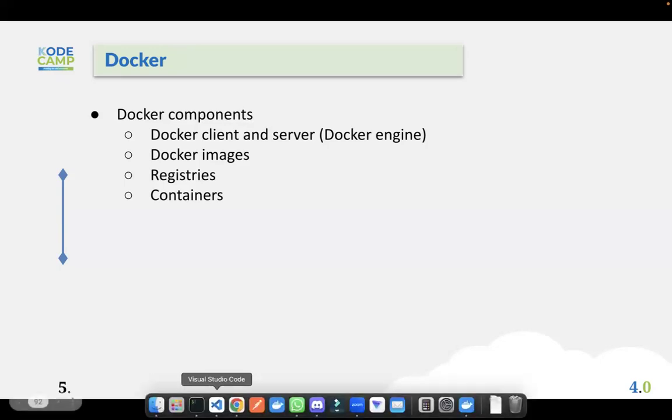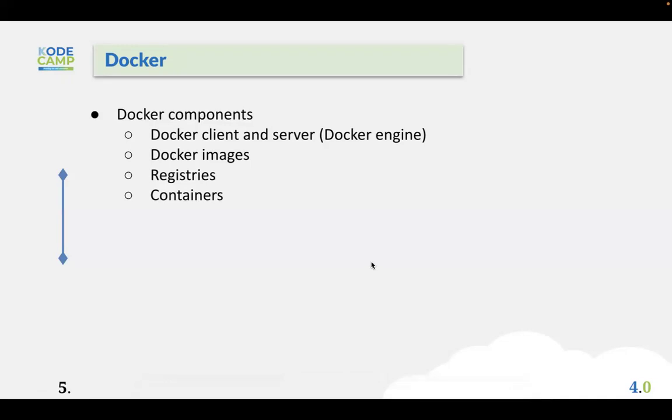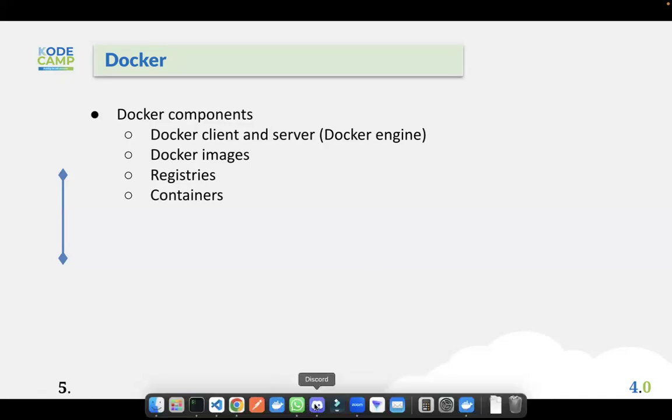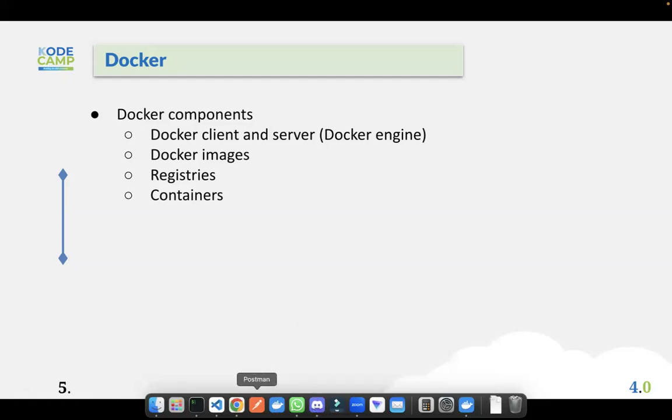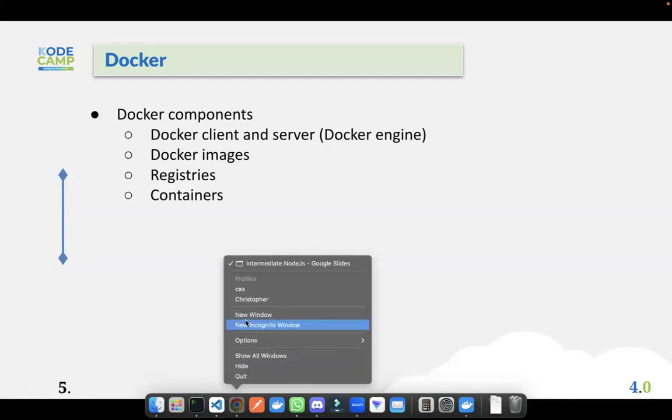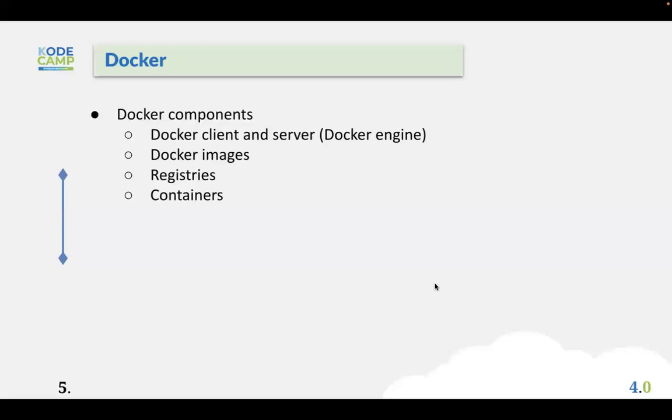Let's say I am running Discord here. I can decide to open another instance. I can click here, and there are options. I can decide to open a new window from this browser, and that is another instance of this software. That is basically how containers work. When you create a container from an image, it's an instance of the application. We create another container, that is the second instance of the application. Once you build images, you can host them on Docker Hub,